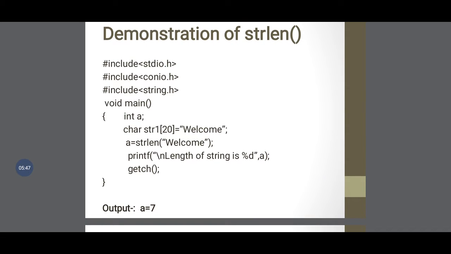See, while writing a string program, what care do you have to take? We have to write our regular header files, that is stdio.h, conio.h. But there is another header file that you have to mention here, which is string.h. Whenever you are writing any string program, you have to mention the header file string.h. The remaining program is like our regular program: void main, and then we declare one integer variable